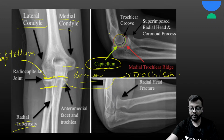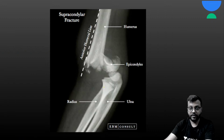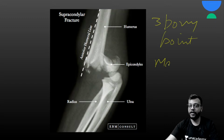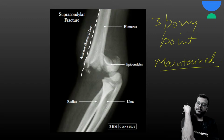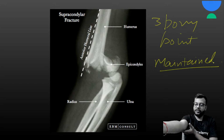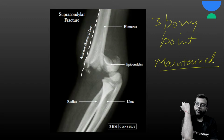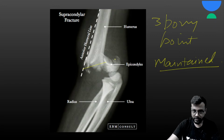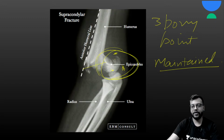Okay, here you can see what fracture this is, it is a fracture of the radial head. Okay, this is a fracture of the radial head, this is supracondylar humerus, and it has another important characteristic, the three bony point relationship is maintained in supracondylar humerus fracture, because we have studied if you flex your elbow, there are three bony points, the medial condyle, lateral condyle, and the tip of the olecranon, like an isosceles triangle, or when you extend it, this vanishes. And in semi flexion a fourth bony point you can also feel, and that is your radial head, the fourth bony point, remember this. So this relationship is maintained in supracondylar, because look, the fracture has happened here, so the medial and lateral condyle as well as the olecranon are all in the same position, forming an isosceles triangle. Okay, so